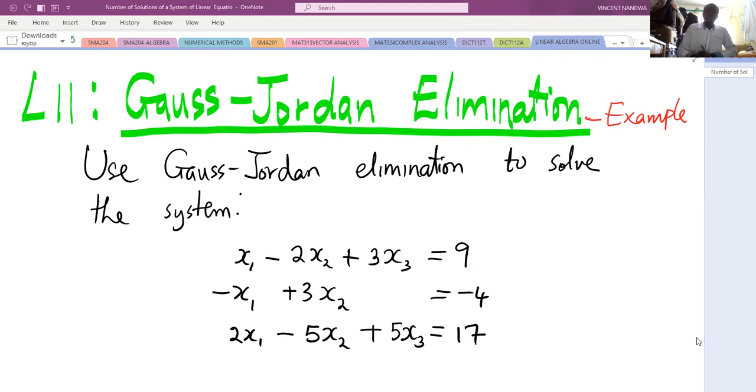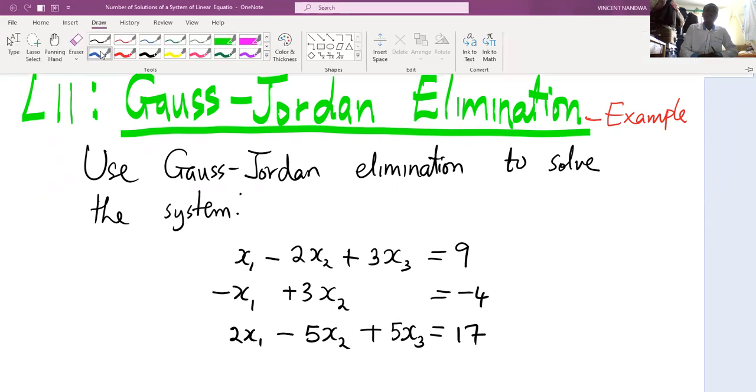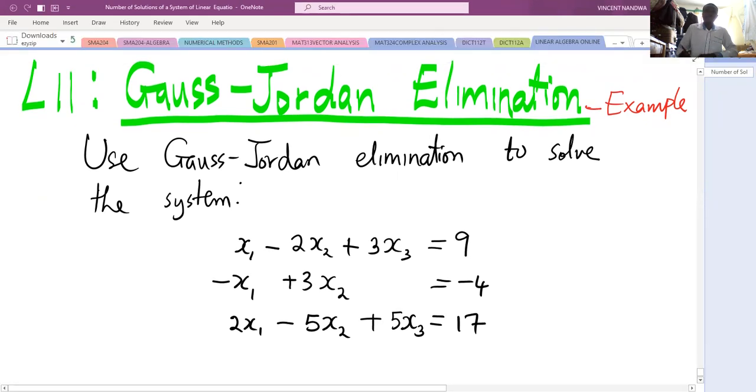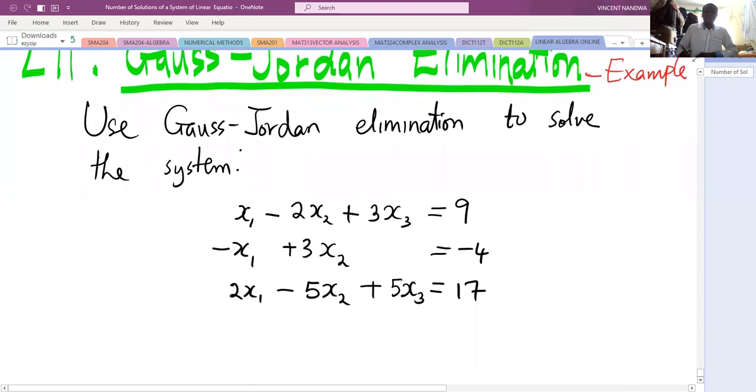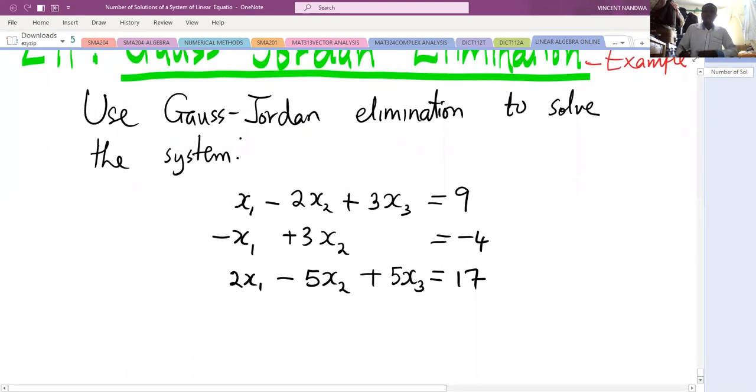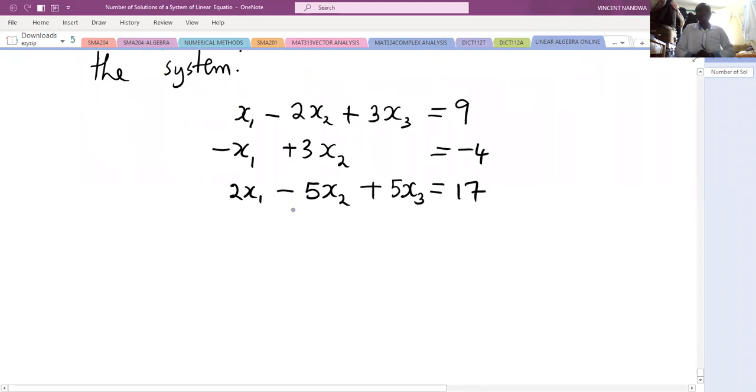If you don't remember the steps on how to solve a system of linear equations by the Gauss-Jordan elimination method, please watch the previous video on the steps that you need to follow. The first step is to ensure that each equation has all the variables under consideration. For this given problem, the second equation doesn't have an x3, but we can always fix that position so that the augmented matrix